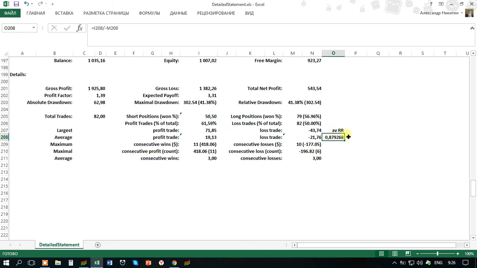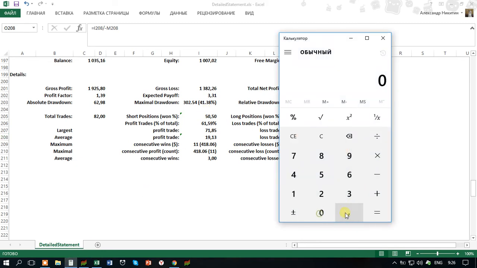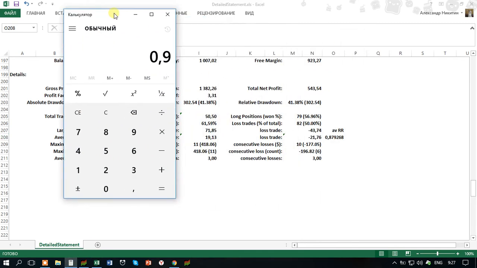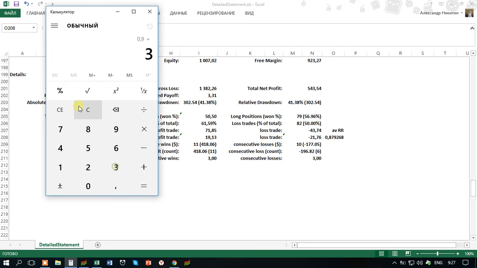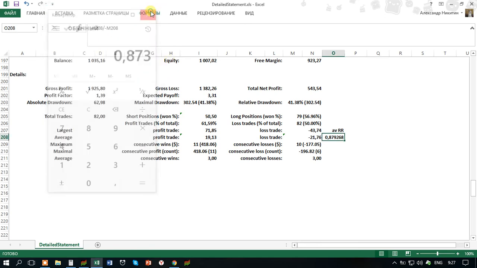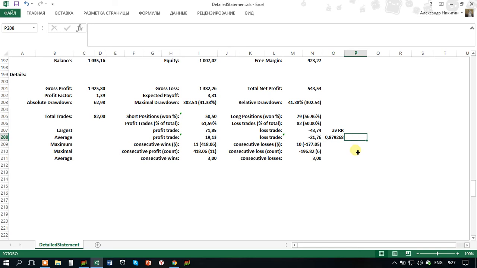Okay, and the average risk reward here should be 0.9, that is based on my backtesting. So if it is 3% more, it should be 0.92. I'm very pleased with that. And if it is 0.9 minus 3%, so if it stays at 0.87, I'm very pleased with that as well. So it stays within the range, within the statistical error, and nothing bad happens. So you should keep in mind the statistical error of 3%,